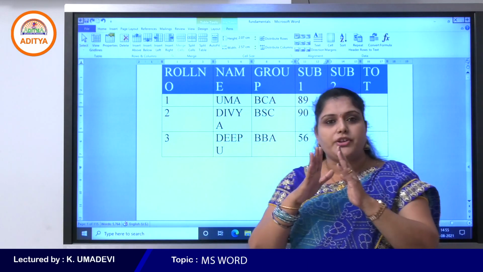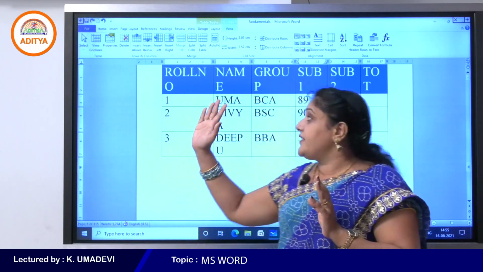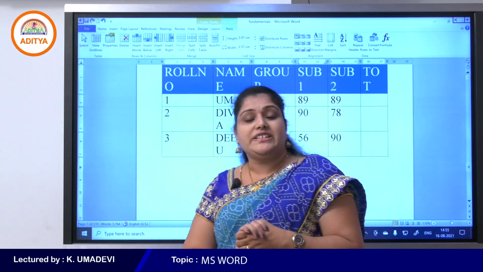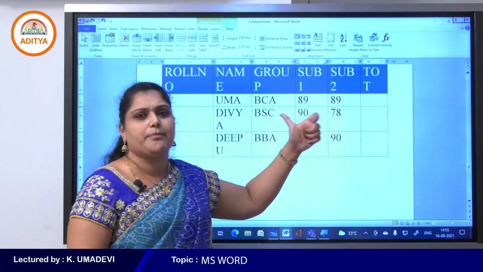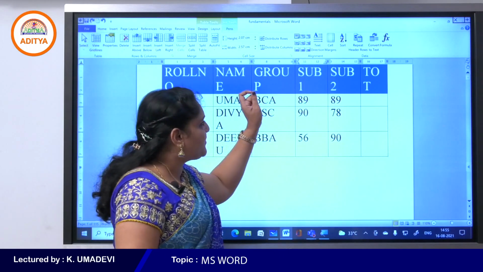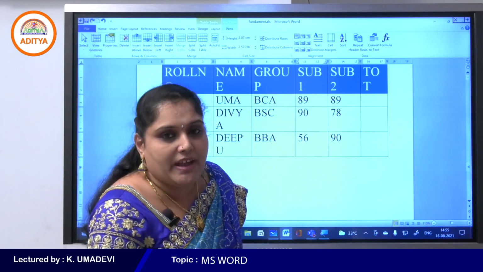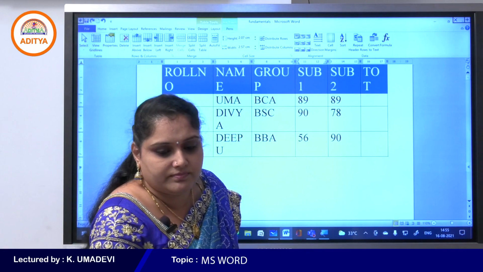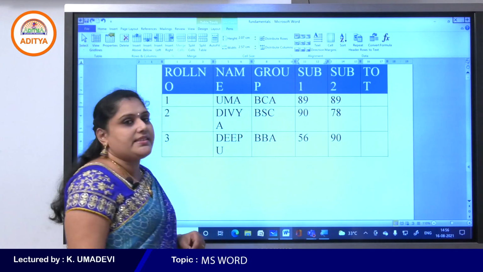If you want to insert a column at the right hand side, simply click on insert right. So now which command is used to insert the new column in between subject 1 and subject 2? My cursor position is in subject 1 right now. Come on, students, tell me. Left or right? So insert right.